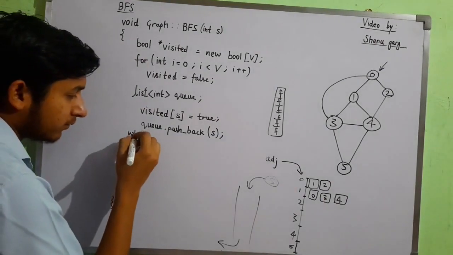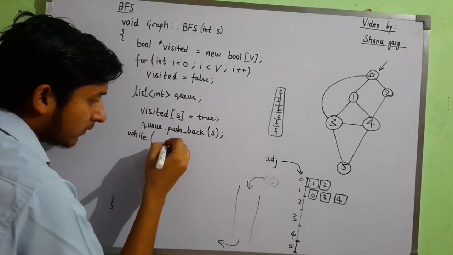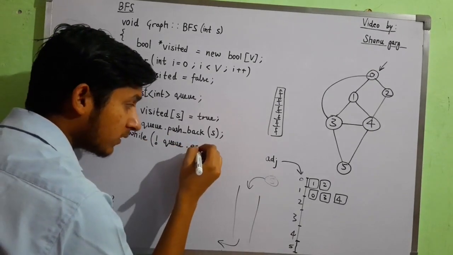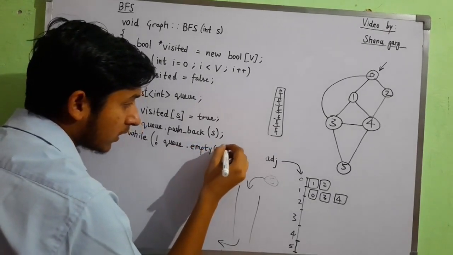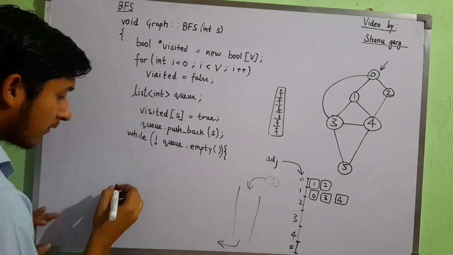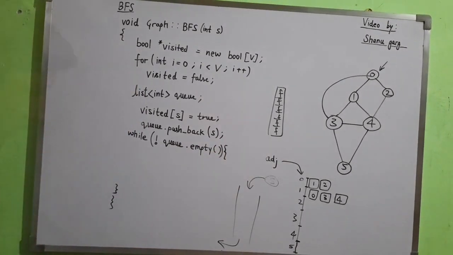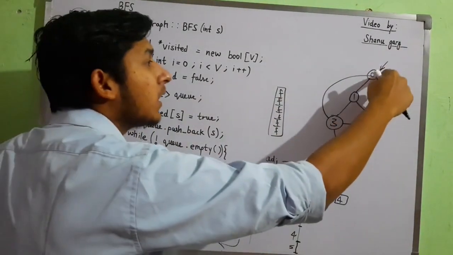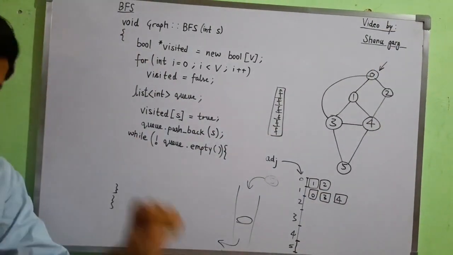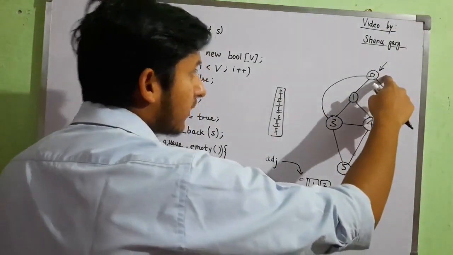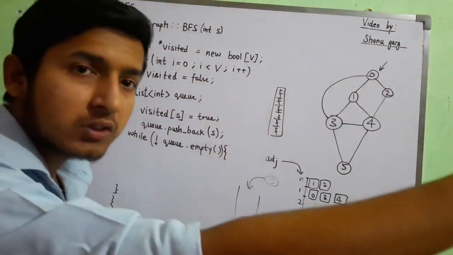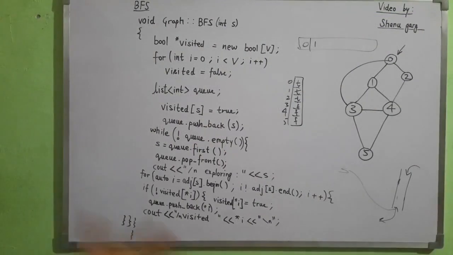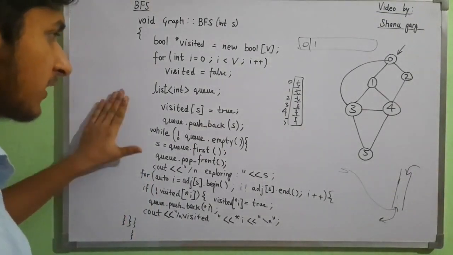So while the queue doesn't get empty, you are to keep working on this. We'll be dealing with every s. S means the node we are holding in our hand, and then we will delete that to get that printed on the output screen and hold all of its children. Okay, so now I'll be making you understand this function completely.